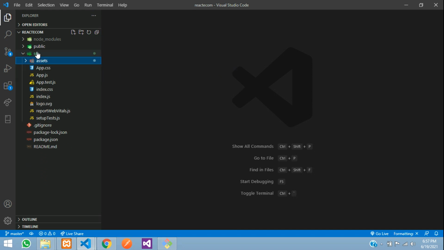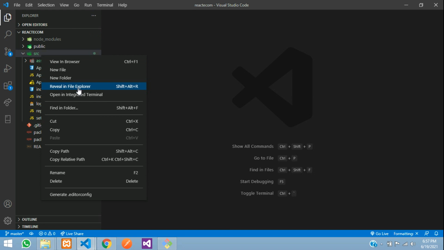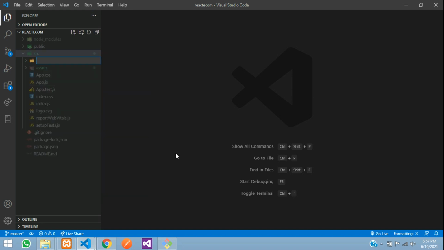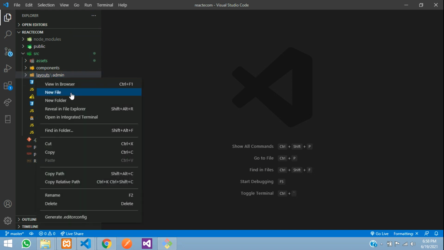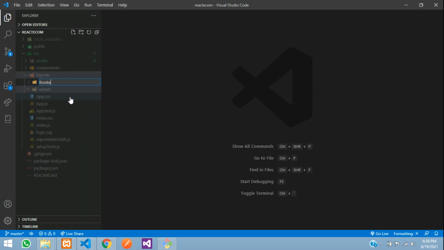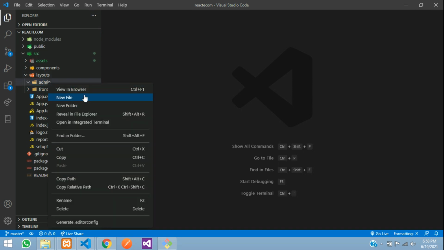Let's start with the second folder, which we have to create, components. So let's create a components folder and one for the layouts. Inside this layouts folder we need another folder called admin and one more folder for the front end. Okay, so front end. Perfect. So inside this admin we require many things like